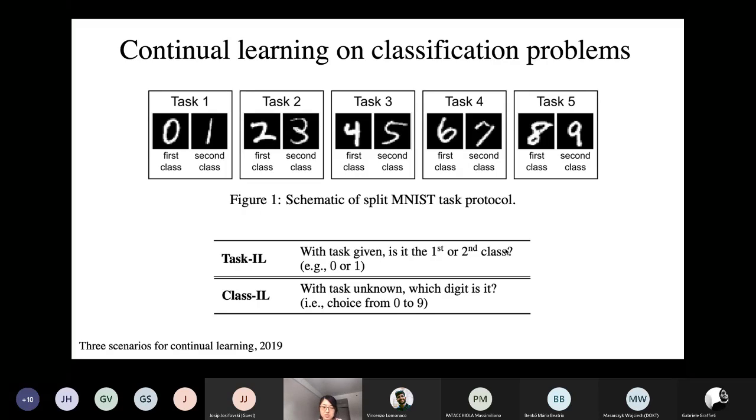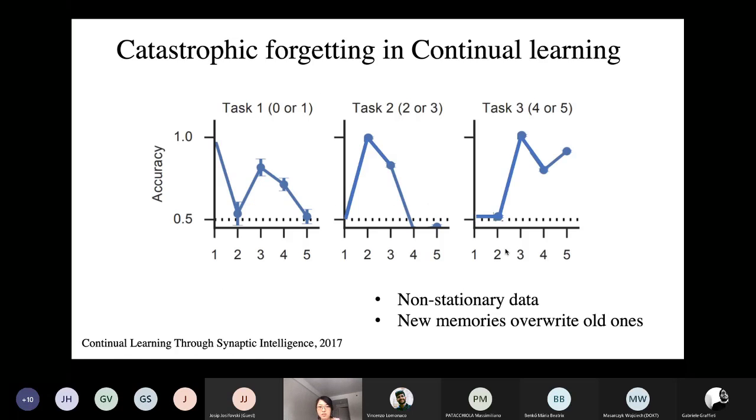The first one is task incremental learning, and the second one is class incremental learning. In task incremental learning, given an image, we need to predict whether this image is from the first class or the second class. In class incremental learning, we need to know what digit it is, and we need to predict the label from all ten classes. So class incremental learning is a harder problem.